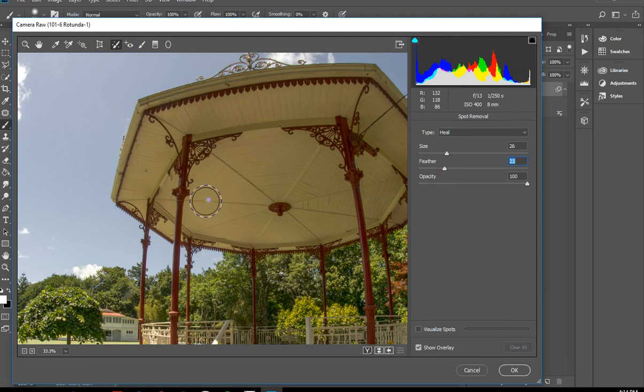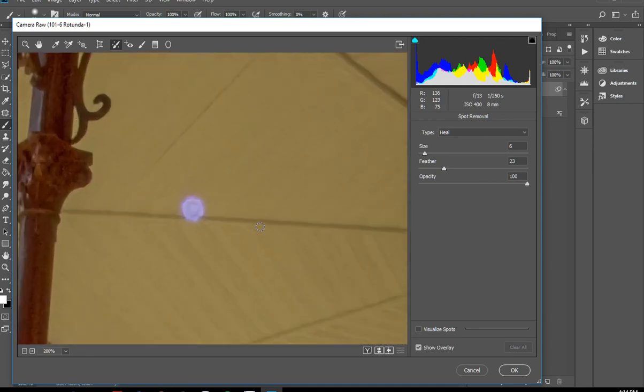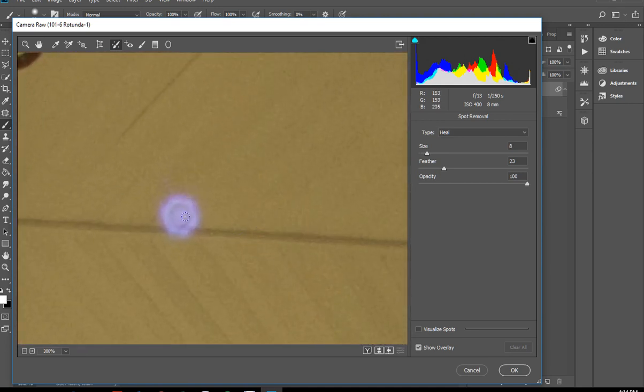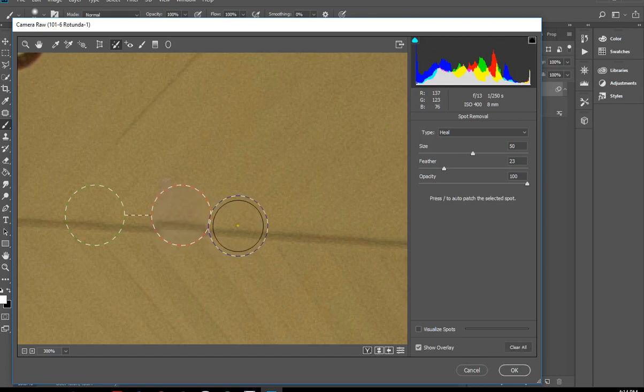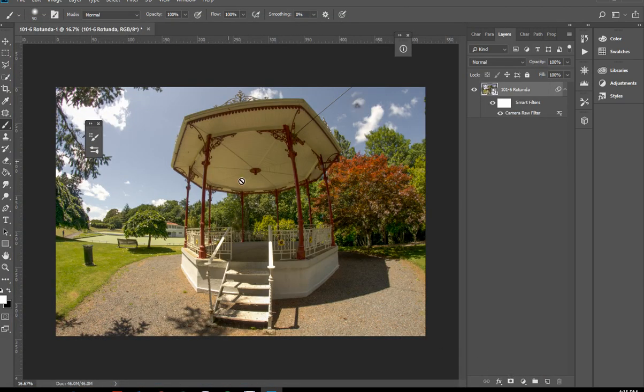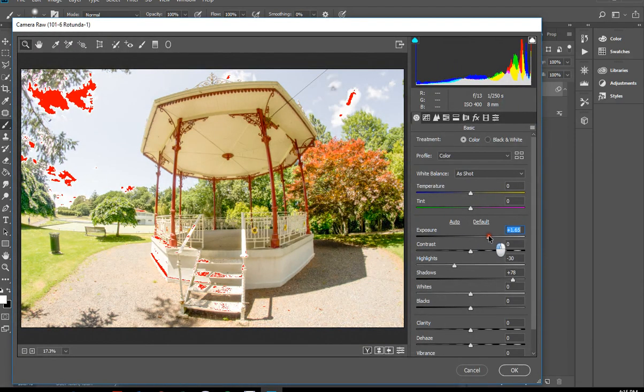We'll reduce the feather, and we're going to reduce the size. Now I'm just using the shortcut key on the keyboard, which is the square brackets, and you can see the double line around there. One of them is the feather and the other is the image. Is this where the image is going to be applied fully. So that's not too bad. It could be a little bit bigger, and it's on heal. Sometimes clone works better, and I think this one, actually the clone works better. So that's got rid of it in Smart Filter,